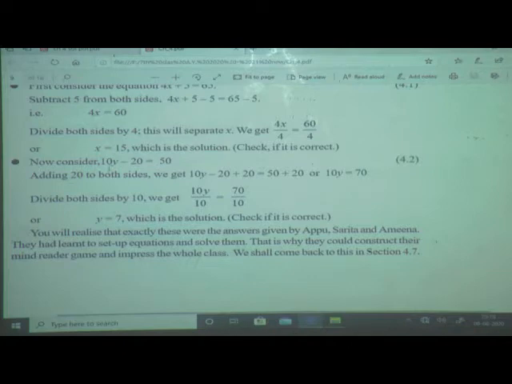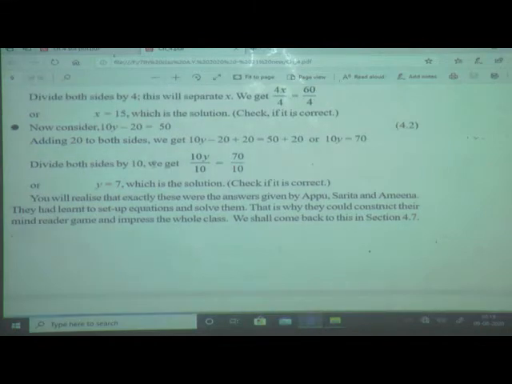So here we are having multiplication, so we have to divide it by 10. So again it gets cancelled. y is equal to 7. So the solution is y is equal to 7. If you substitute the value of y here as 7, it will be a balanced equation. It means that when you add or subtract the same number on both sides of an equation, that is in the LHS and RHS, the value remains the same.